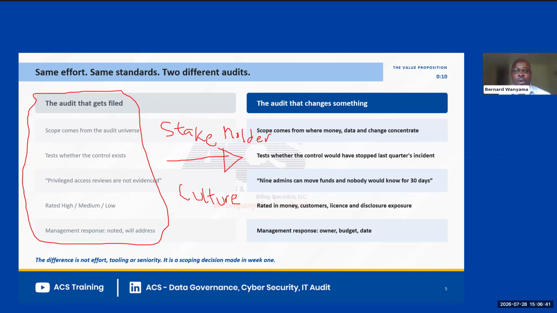And so the client really holds the power in all this. The key to understanding and delivering a great audit is always going to be about what the client expects, what the stakeholders expect, and how they receive and process and act upon information that you have given them as an auditor in whatever engagement that you're doing. And so scoping is always going to be what matters. You've got to speak to the concerns and the language that the business expects.